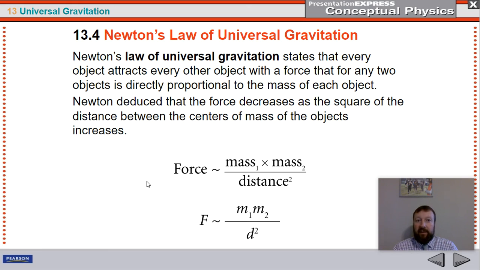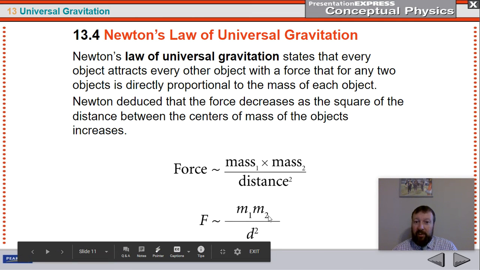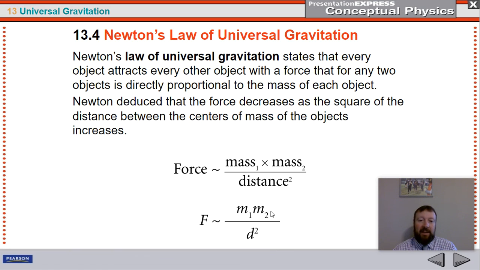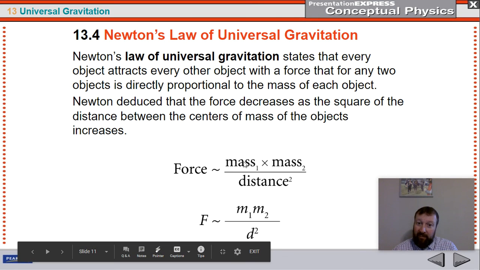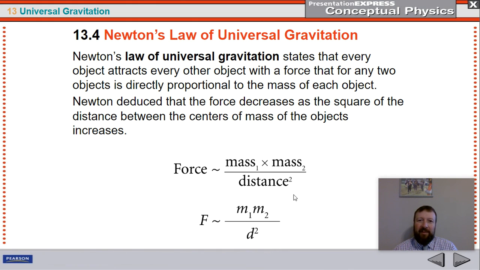If we want to look at what his universal law of gravitation is, it's basically a mathematical equation. It's the only math you're going to have to do in this section. We can figure out the force, in this case the force of gravity, which is proportional to the mass of the two objects. Any two objects, the pencil on your desk, the paper on your desk, you and your phone, if you're holding on to it, any two objects are attracted to each other by this force of gravity. But the problem is, if you have really small masses and the distance between them, the gravitational force is too small for it to actually be noticed. So you need